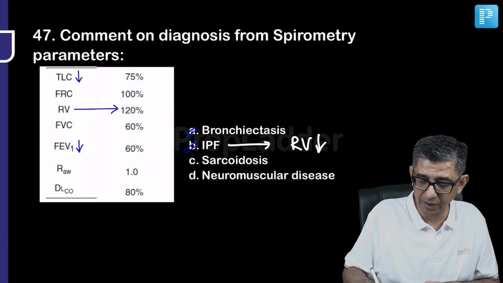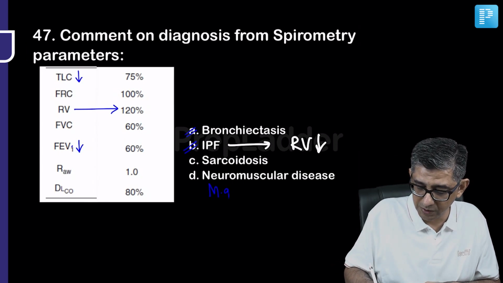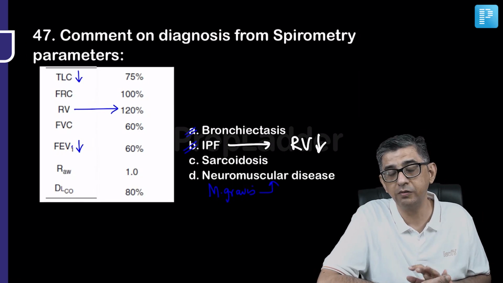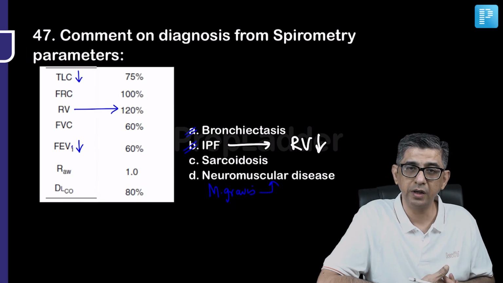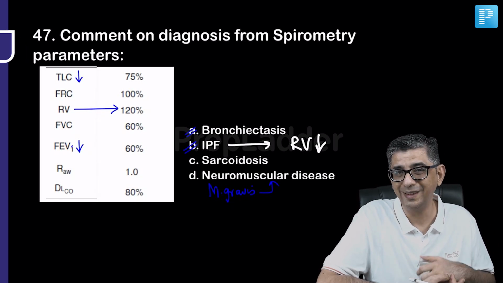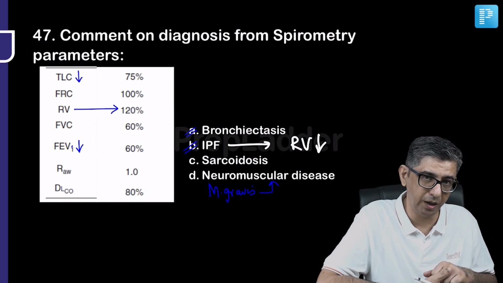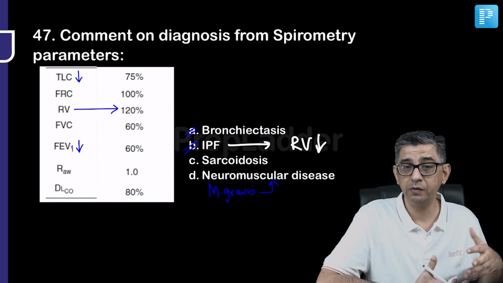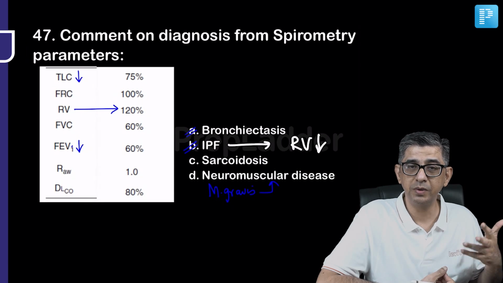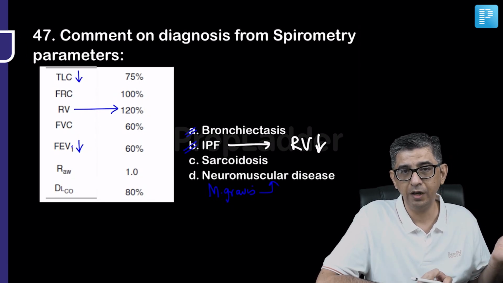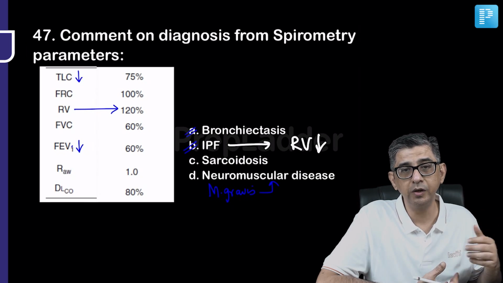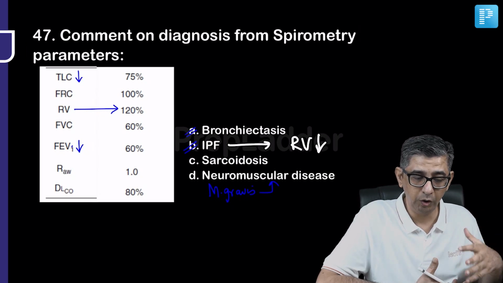Now let's consider myasthenia gravis as one of the prototype examples of neuromuscular disease and work it out. You see, imagine a myasthenia gravis patient sitting on a chair next to you and you asking this person to breathe out as hard as he or she can. If a myasthenia gravis patient will try to breathe out, because there is easy muscle fatigability, the first few breaths they might be able to do just like you, but then their diaphragm will begin to tire out when you make them do